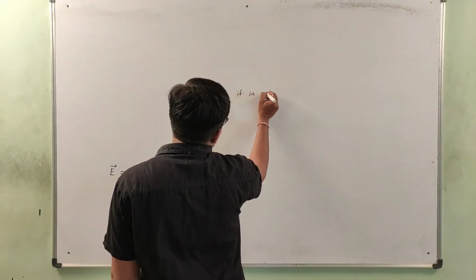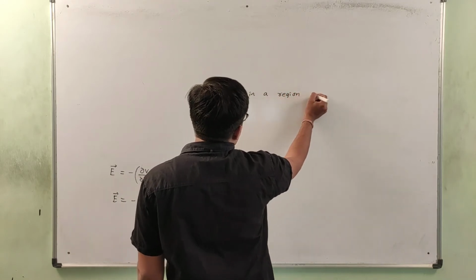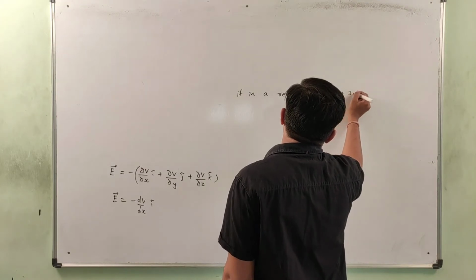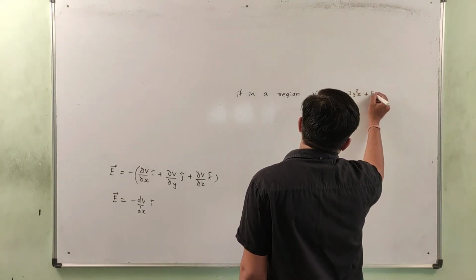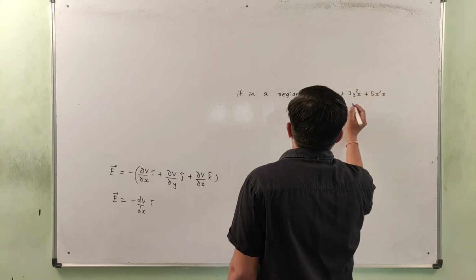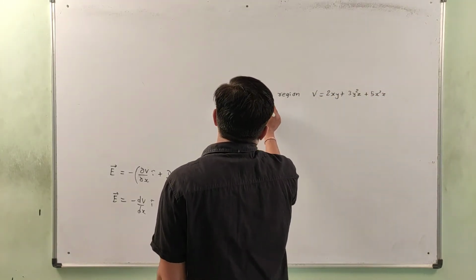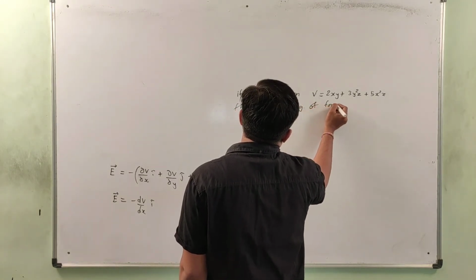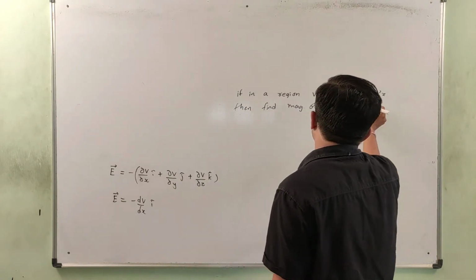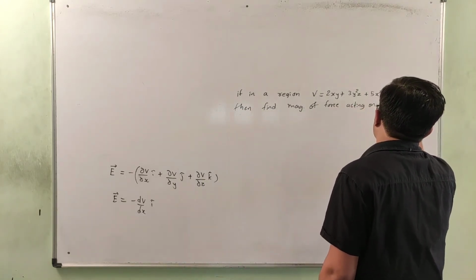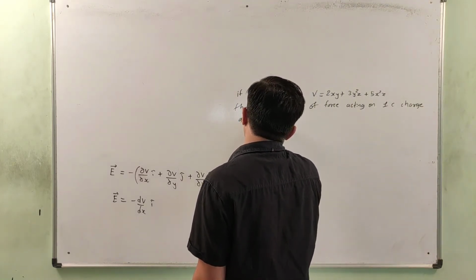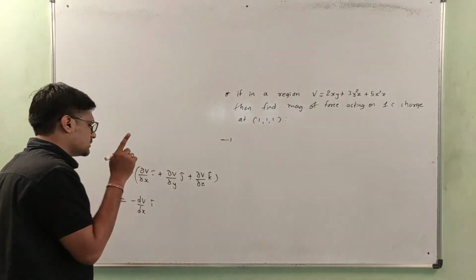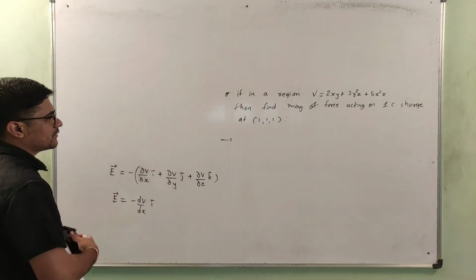If in a region potential is 2xy plus 3y square z plus 5x square z, then find magnitude of force acting on 1 coulomb charge at (1,1,1). This is the question. Now whenever the equation of potential is given, use this formula to derive the electric field